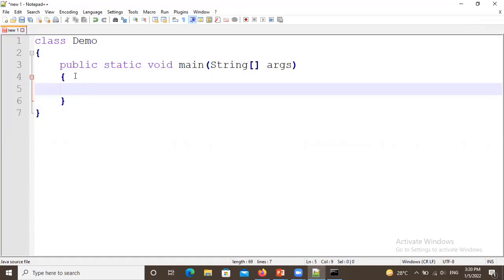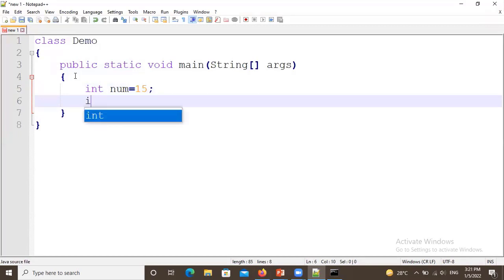In this example, we are going to test a number. If the number is divisible by 5, it will print an appropriate message. So there is an integer number having the value 15, and to test whether the number is divisible by 5 or not, we have the logic that we are supposed to test the remainder of the number divided by 5.